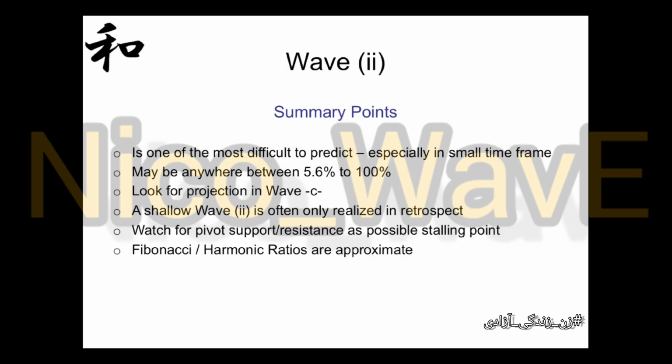A shallow wave 2 is often only realized in retrospect. There may be an economic data release that will give you a clue, or some other catalyst that will help you. But what you can also do is watch for pivot support or resistance as possible stalling points, or Fibonacci and harmonic retracement ratios, although they tend to be approximate. The best combination is to look at retracement ratios for projections in wave C that match those